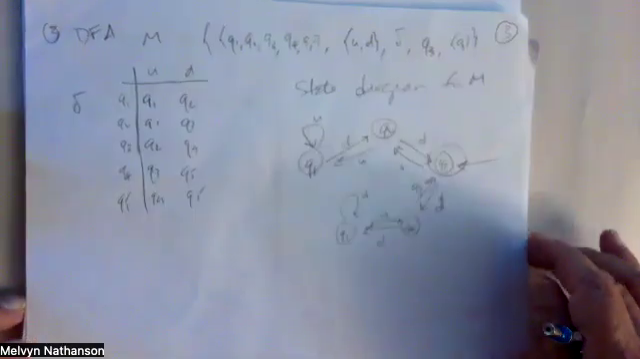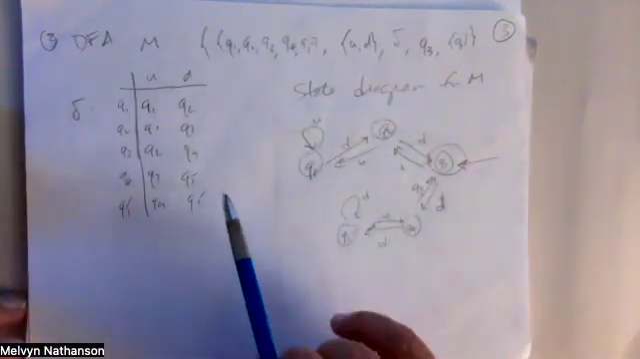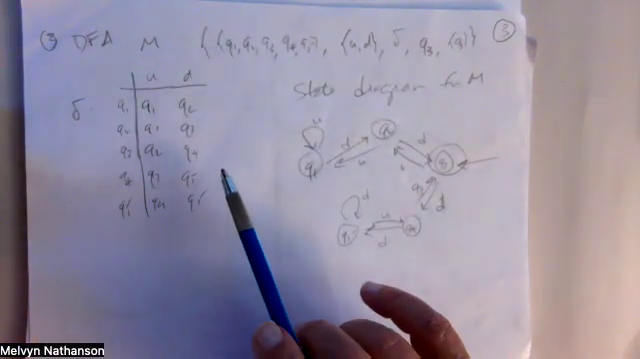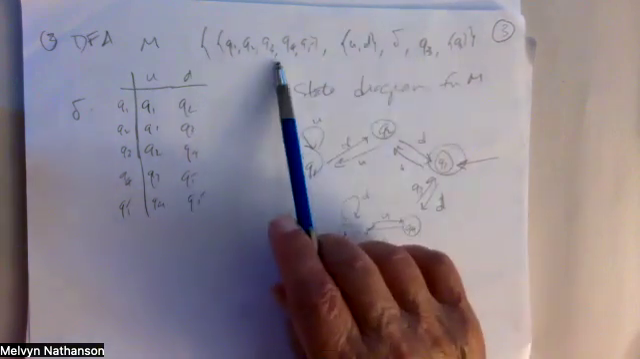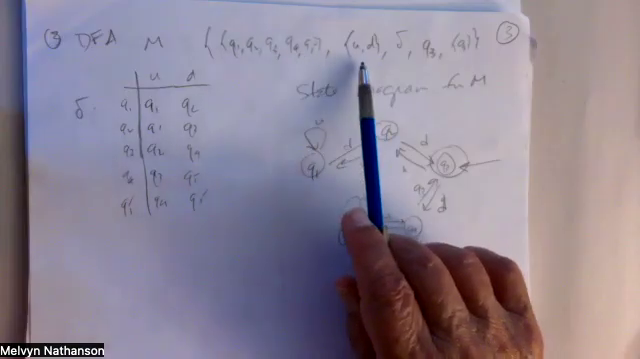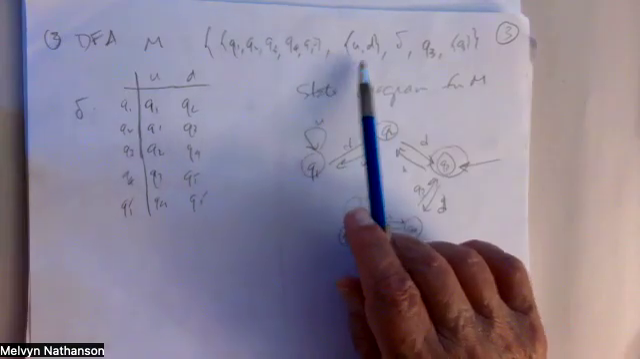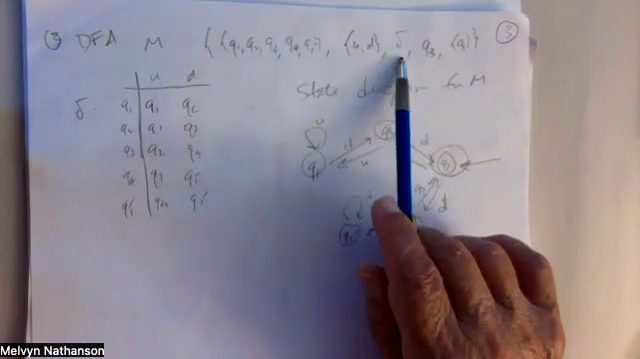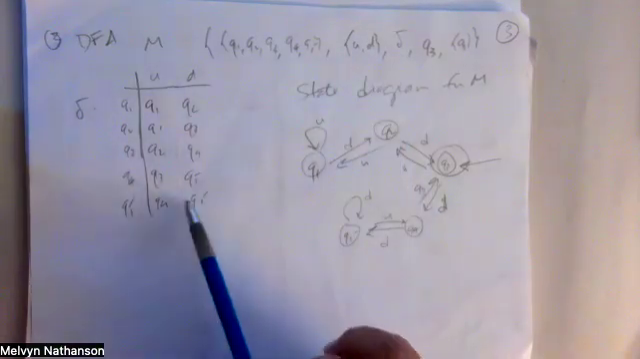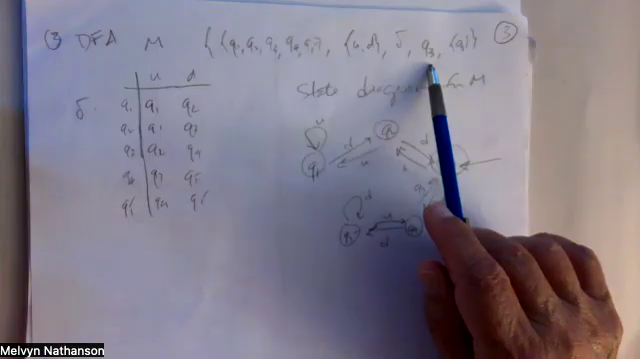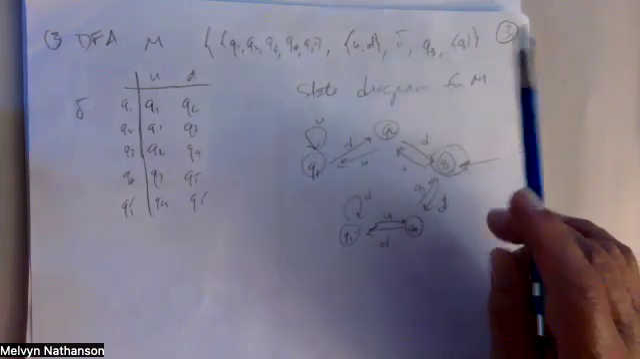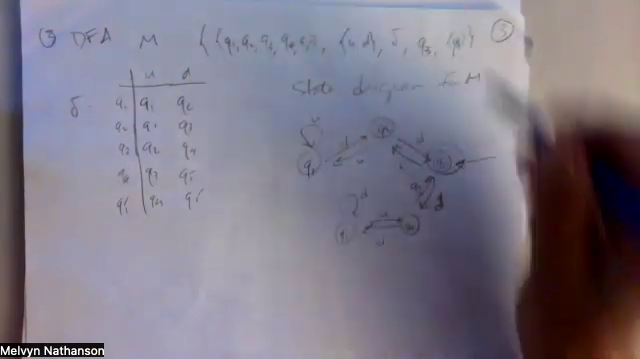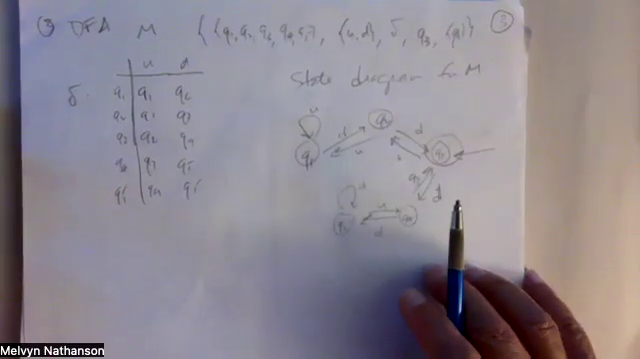And in problem 3, you have a deterministic finite automaton, a DFA M. There are 5 states. The alphabet is U and D, like up and down. The transition function delta is given by this table. Q3 is the start state, and Q3 is also the accept state. So if you draw the diagram